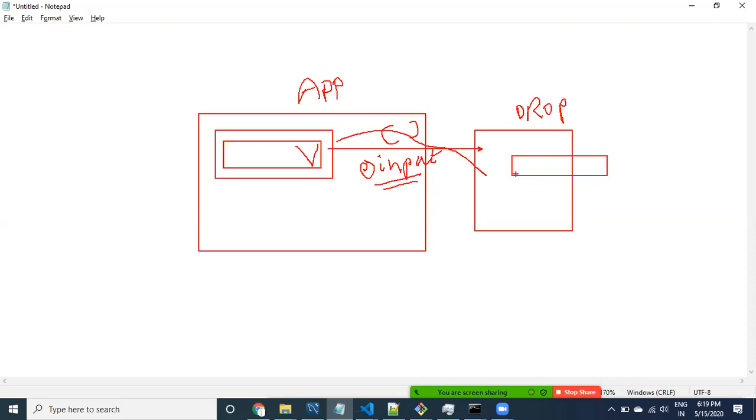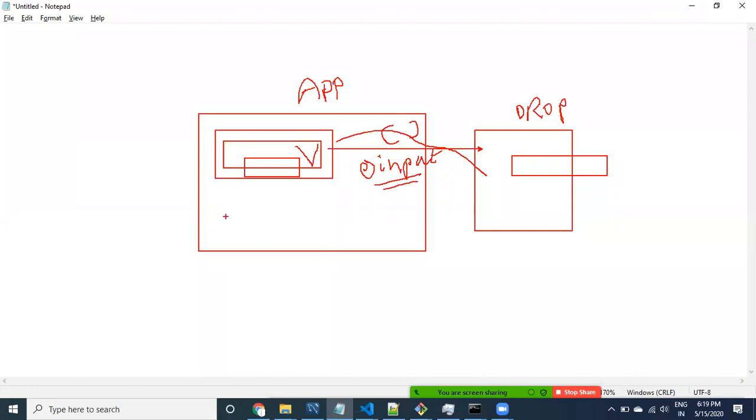So I'm going to call this drop down component in the app component. It is going to display the drop down component in the app component. That is very simple for us. We already know how to do this kind of thing. Once we finish that input, our next goal, I'm telling you the output, is that whatever value you have selected, the selected value, I want to display in the app component.